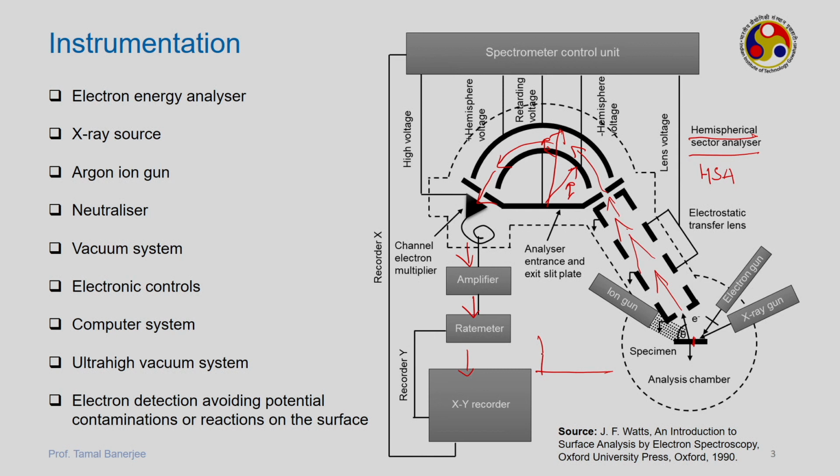Initially it will be pretty high, then some beam, then it goes down like that. Okay. So, this will be counts and this will be the binding energy. When I write binding energy in this direction, it means kinetic energy varies in this direction. I will explain this hemispherical sector analysis later on, but the entire thing, the dotted portion, is housed in ultra